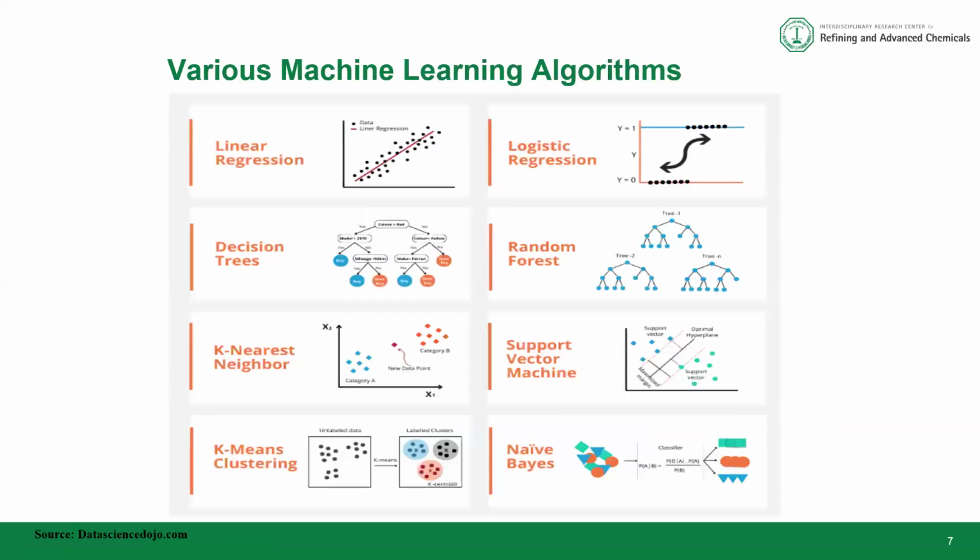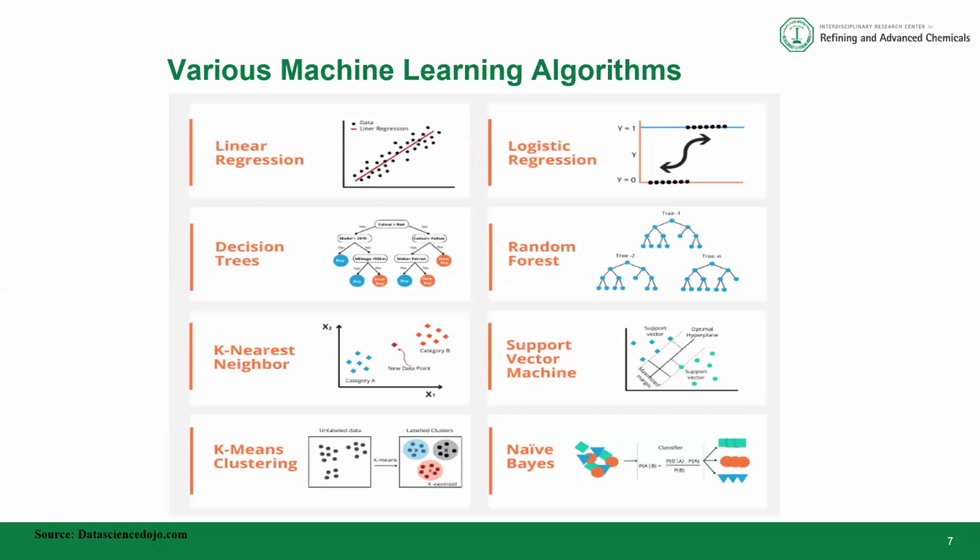And for the algorithms, like we have seen in the previous slides, there are the supervised learning, the unsupervised, and the reinforcement. Mainly for the supervised learning, this is where we have the linear regression, logistic regression, decision trees, random forest. All these algorithms are applied for a particular data set. So one thing that we should understand is there is no one rule that fits all for these algorithms.